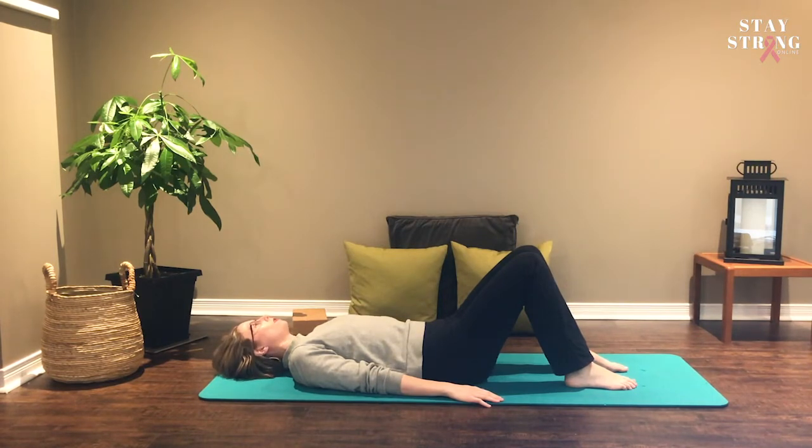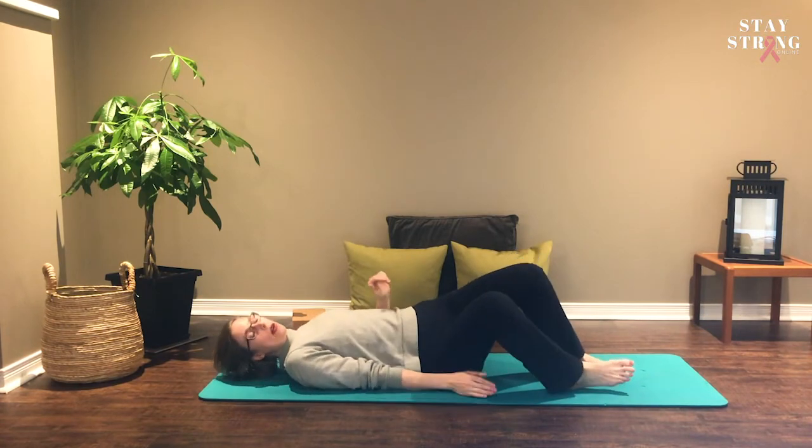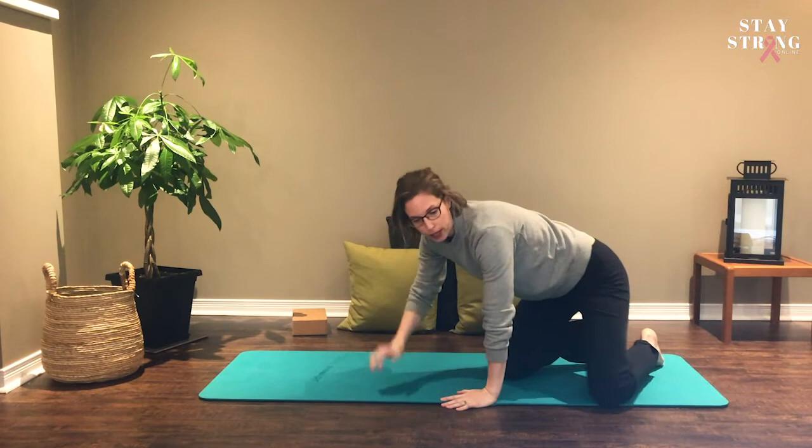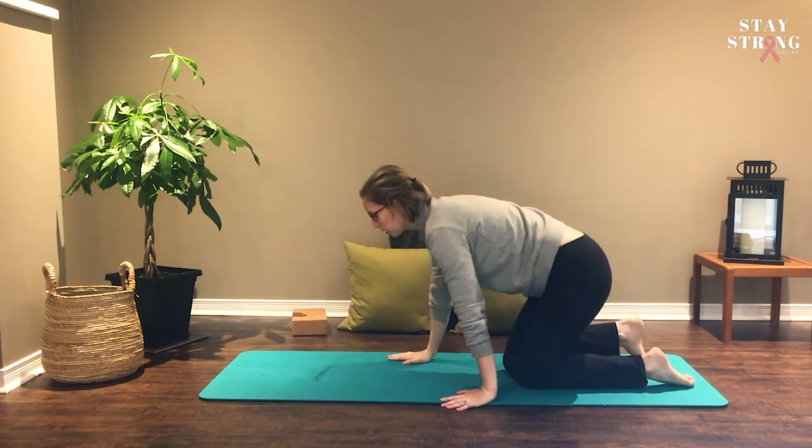Get a little chin tuck there, lengthening the back of your neck. That's my last one in the other direction. And I'm going to come back to my neutral. I'm going to sit up and we're going to do all fours, and we're going to be doing some cat